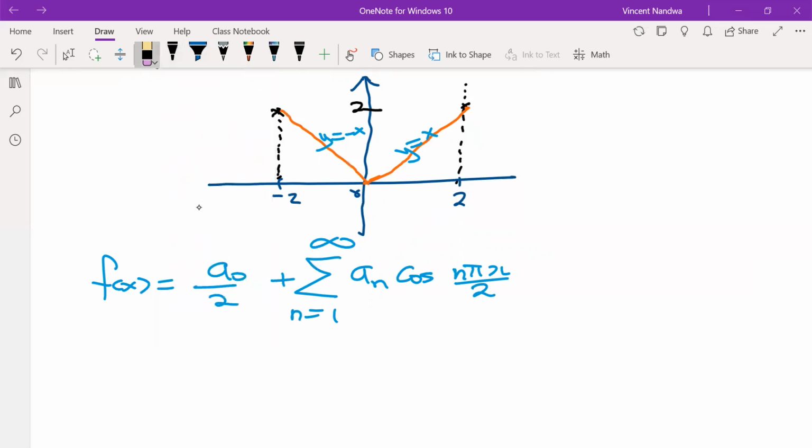Or maybe let's just write the full formula, then we replace in the values. So n pi x over c plus bn sine of n pi x over c